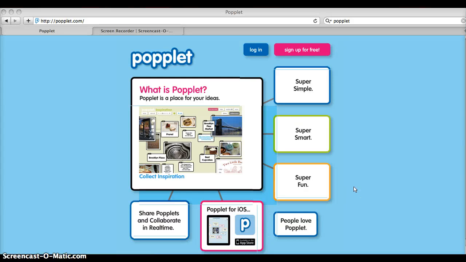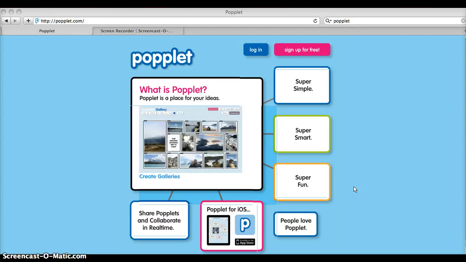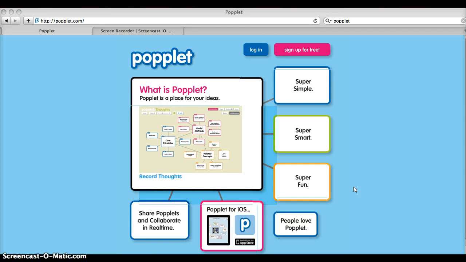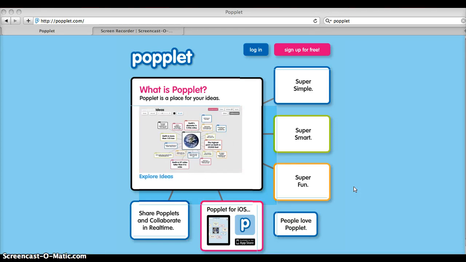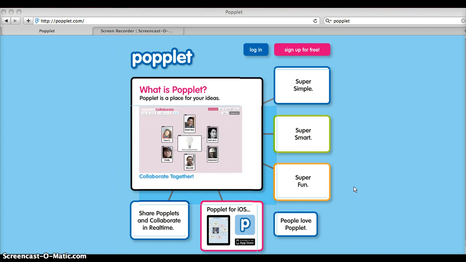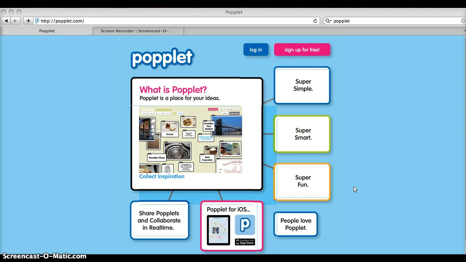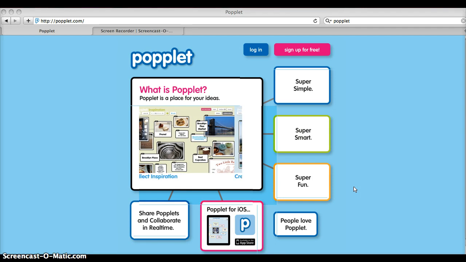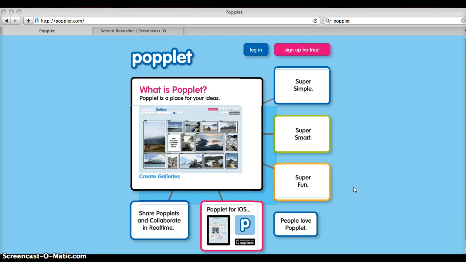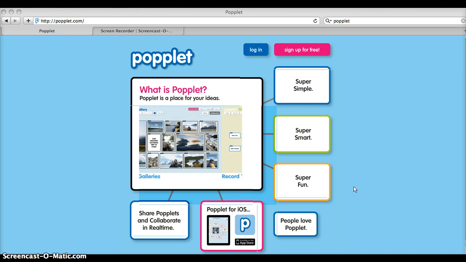So today I'm going to be showing you what Popplet is and how Popplet works. Popplet describes itself as a place for your ideas. It allows you to collect information, explore ideas, present findings, and collaborate with others. So basically what Popplet is, it's a visual thinking presentation tool where you can collaborate and share ideas while creating